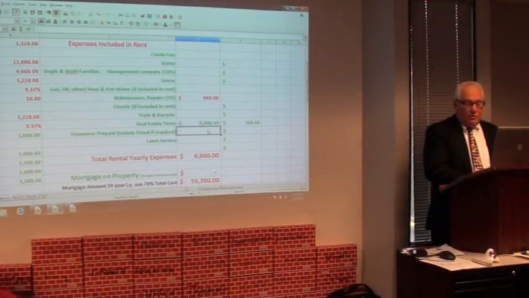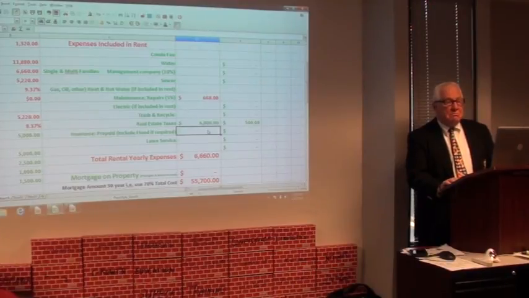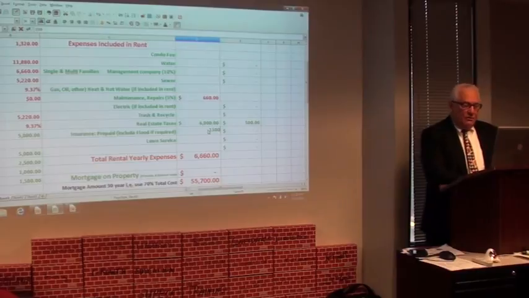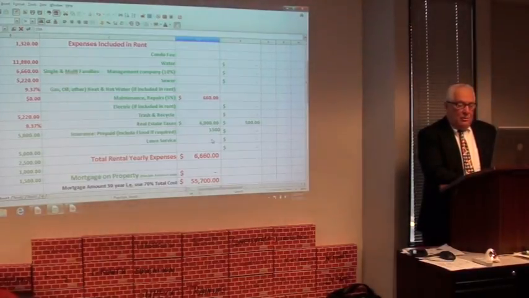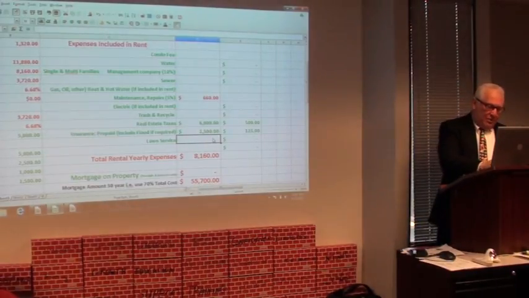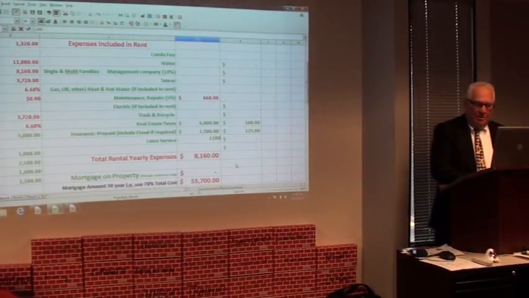Flood insurance, if it's required, or insurance, $1,500 insurance, fair price? I've never done flood. Well, I'm just saying flood and regular insurance. So $1,500 a year. Are we going to do the lawn ourselves? Nah. So let's put a number in there. Let's put $1,200 a year. I put big high. I'm a big tipper